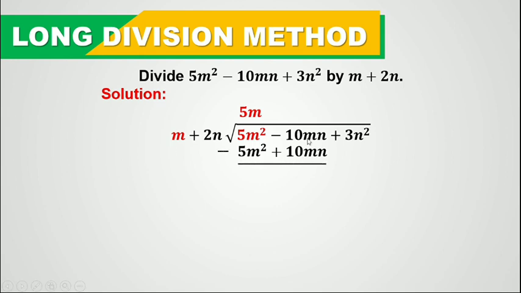So 5m squared minus 5m squared, that's 0. And then negative 10mn minus positive 10mn, that's negative 20mn. Why? Because when we subtract, this will become positive and this will become negative. So negative 10mn plus negative 10mn, that's negative